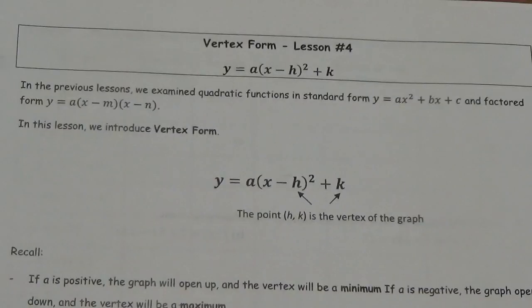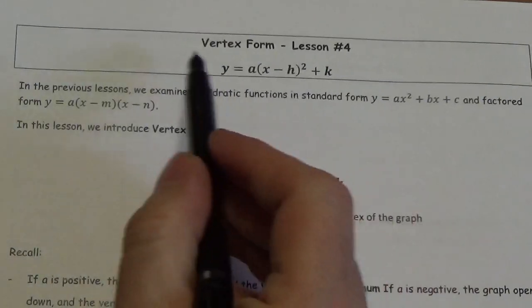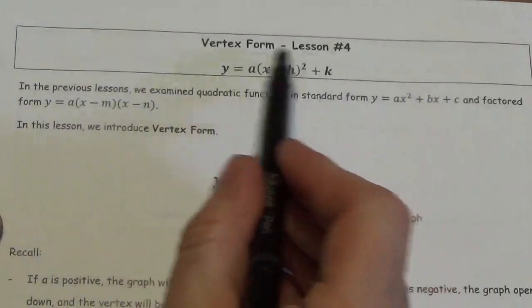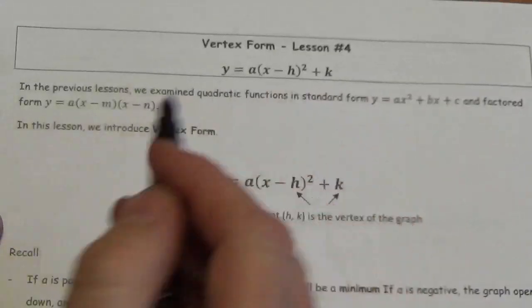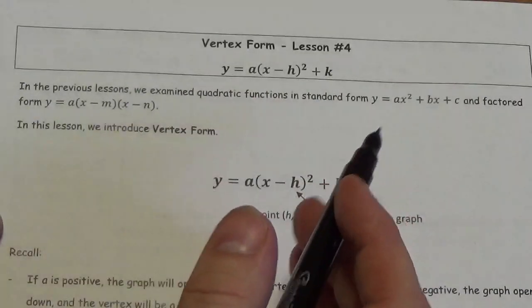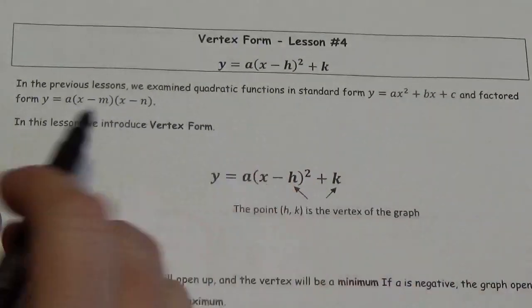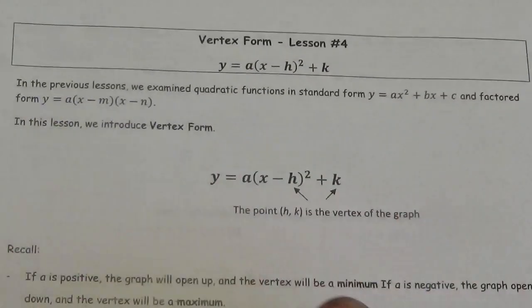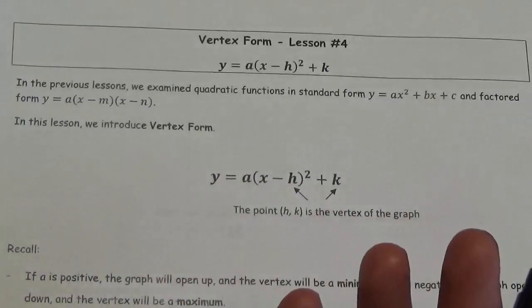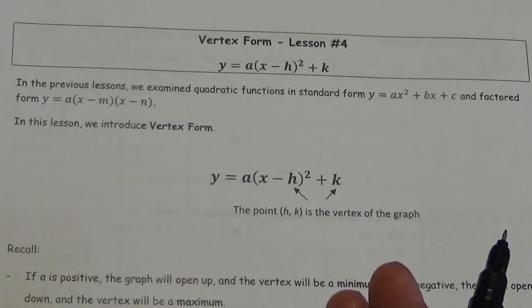All right, hi everybody. So in this lesson we're going to look at, like you say here, the vertex form of the quadratic, and here we go. This is what it looks like in general. So in previous lessons we looked at the quadratic functions in standard form. Okay, we looked at what information we get from that, and then factored form. Now we're going to look at probably the more useful form when it comes to graphing,